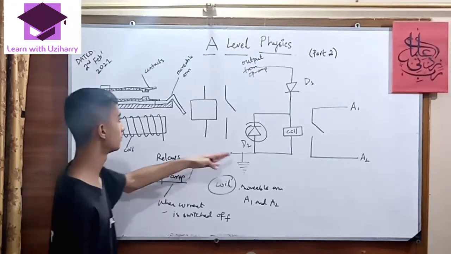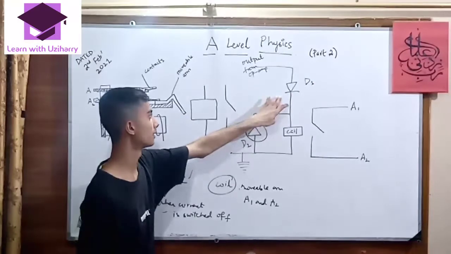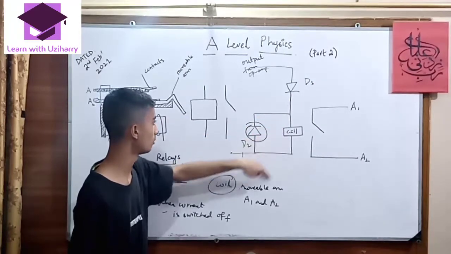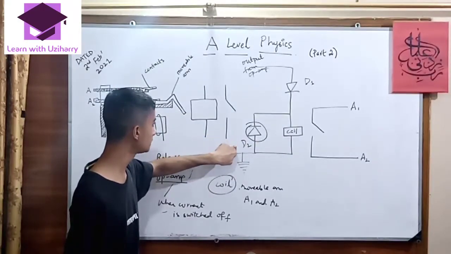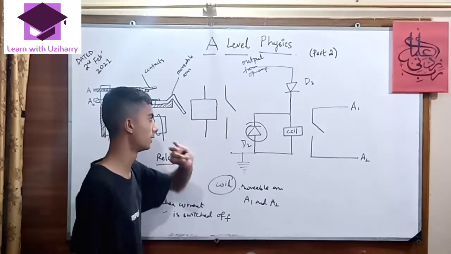Okay, there's another diagram of the same thing given as well, and it's a diode one. The current is flowing in one direction with a coil, and with this kind of diode, it can be seen that the current is not flowing into the operational amplifier.